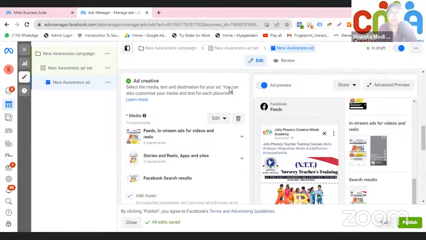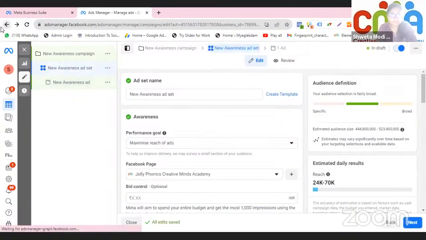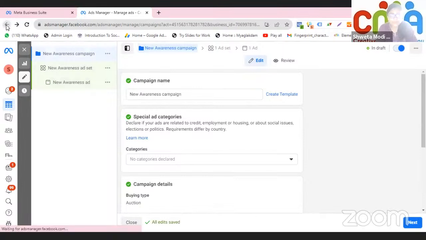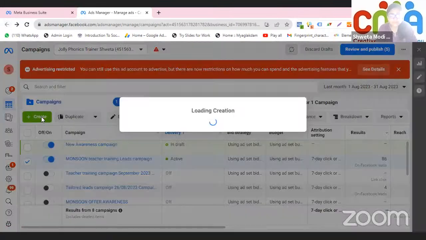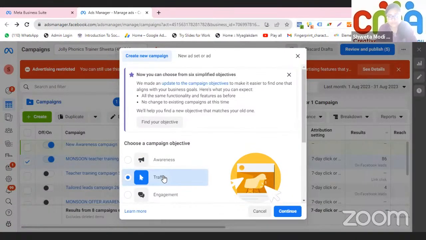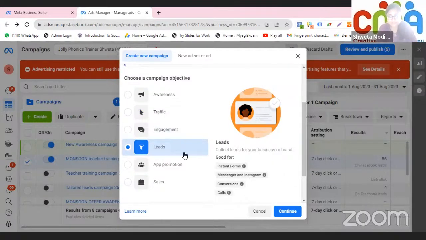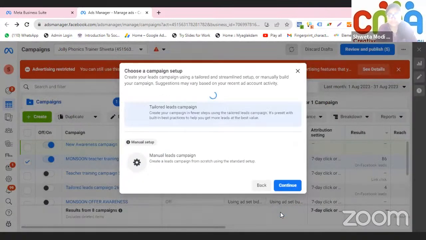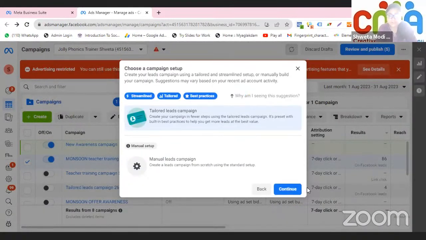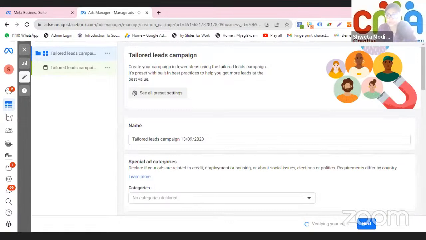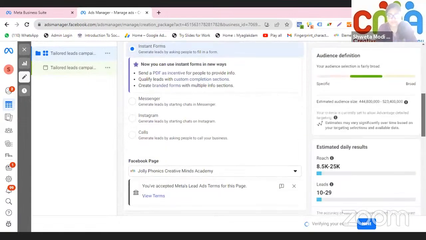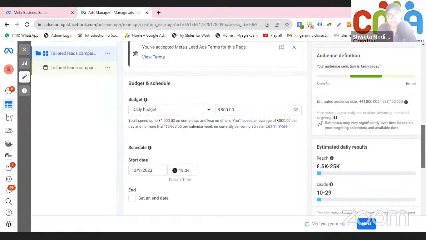And the same way, if I go back, I can create for traffic or for engagement or for leads. Okay. So this is what you have to do. You have to practice. You have to read the instructions which are coming, and then you have to keep following. And so majorly what you have to take care of is,